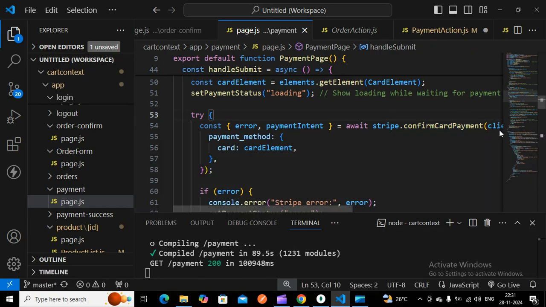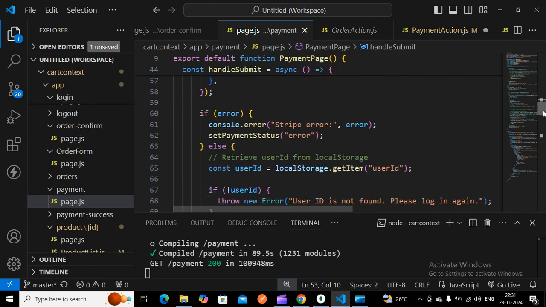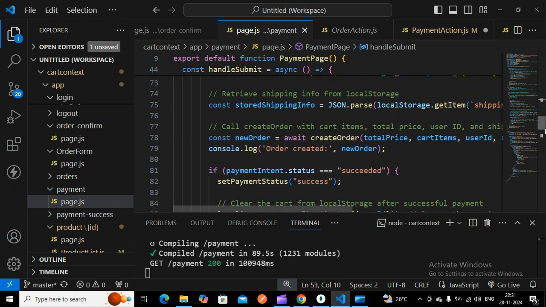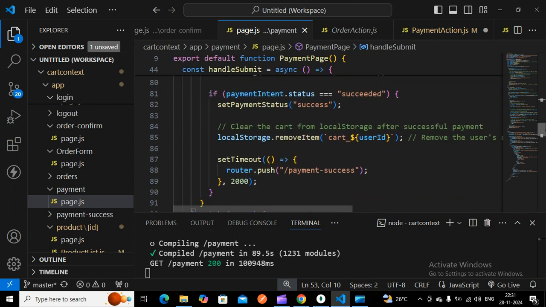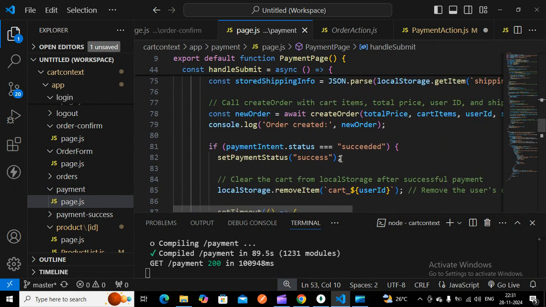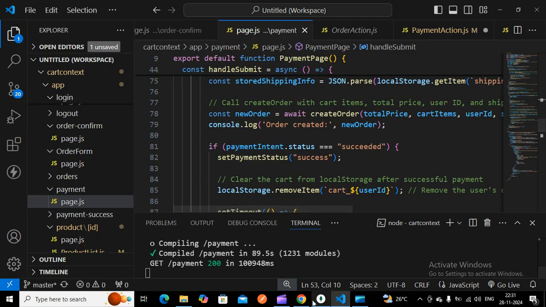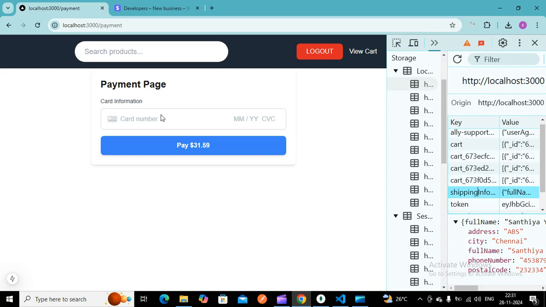Here you have the client secret along with the card element. It will check whether it is correct information. If it is a wrong credential, such as the CVV number, you will be getting a Stripe error. Otherwise the payment intent will succeed. Once the payment is done, your cart item gets removed.